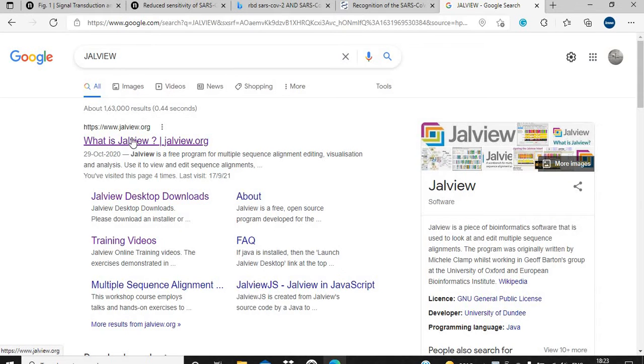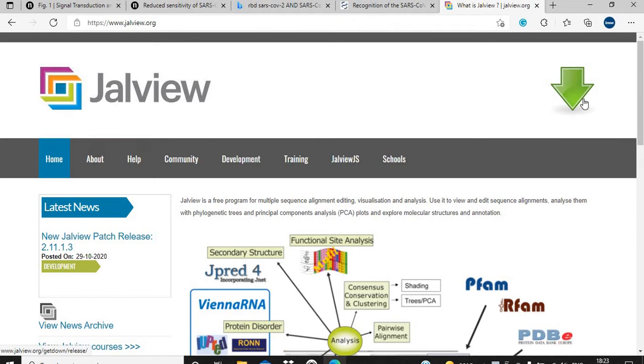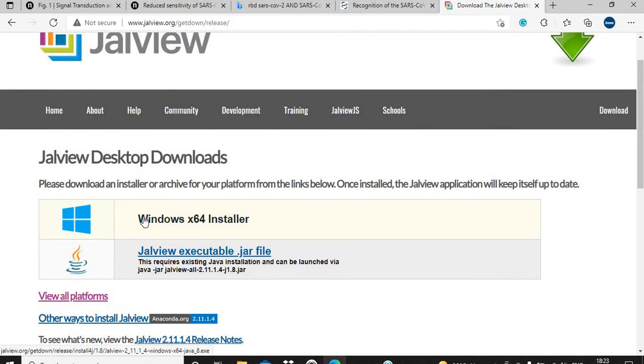You have to click on What is Jalview, and this green arrow is showing that it's related to download. So you have to click here, and then this is the installation file. When you click on this, the executable file will